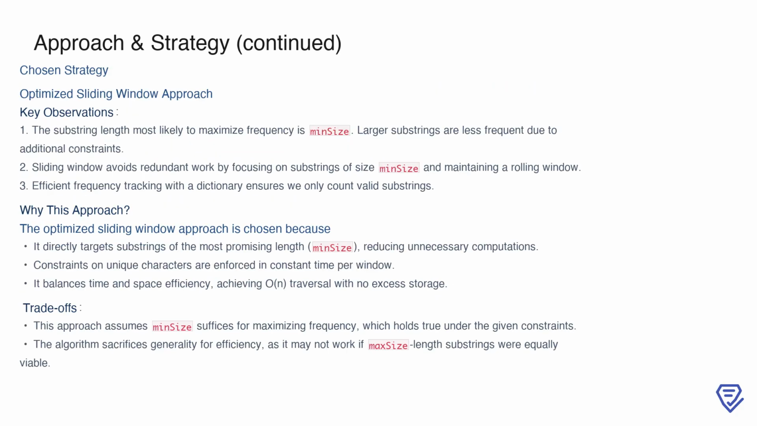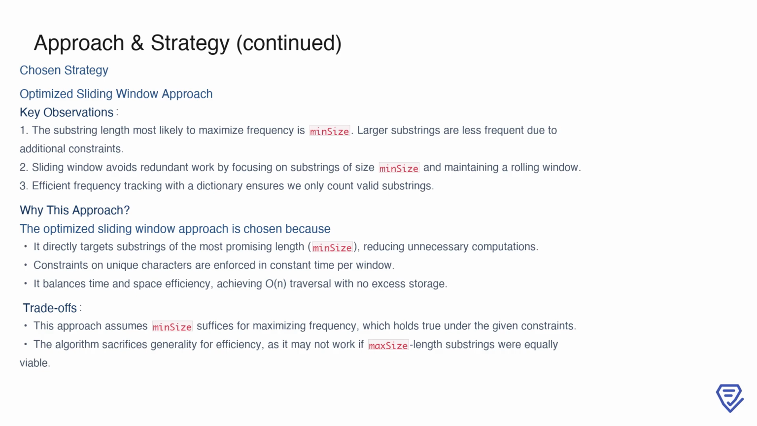The optimized sliding window approach builds on the insights we've discussed and offers a highly efficient solution. There are 3 key observations underlying this strategy. First, the substring length most likely to maximize frequency is min size, as larger substrings introduce additional constraints and occur less frequently. Second, the sliding window mechanism allows us to process substrings of size min size efficiently, avoiding the need